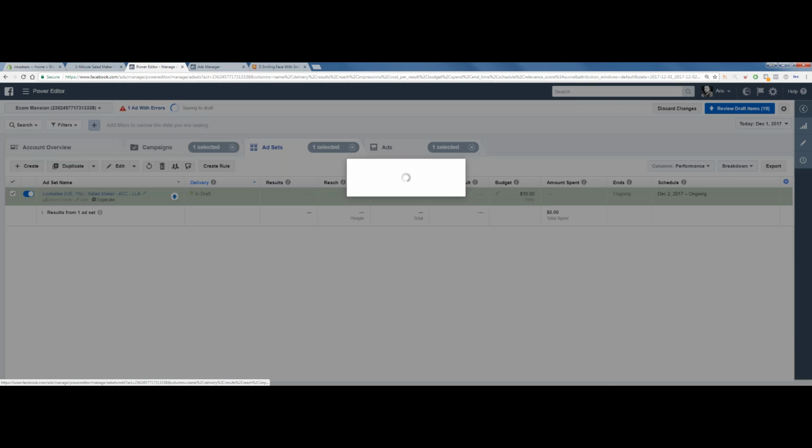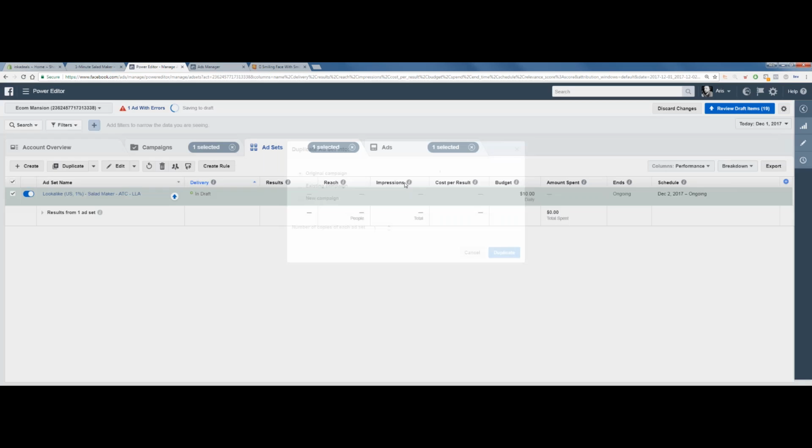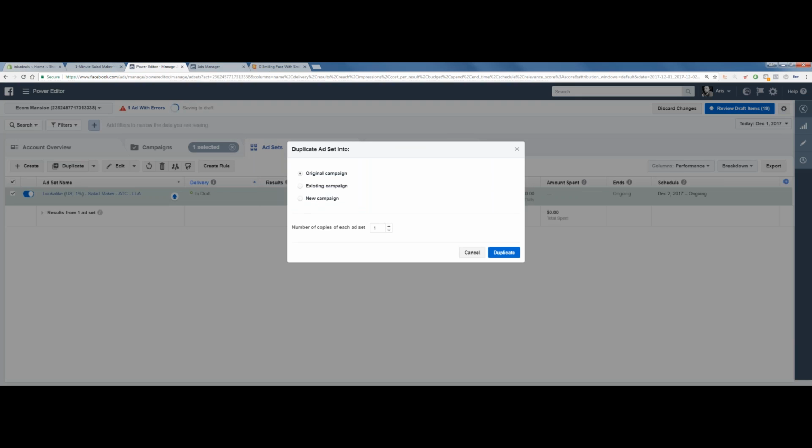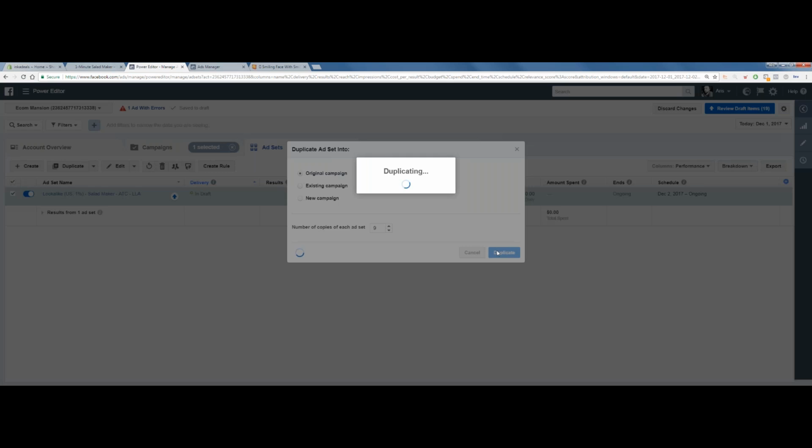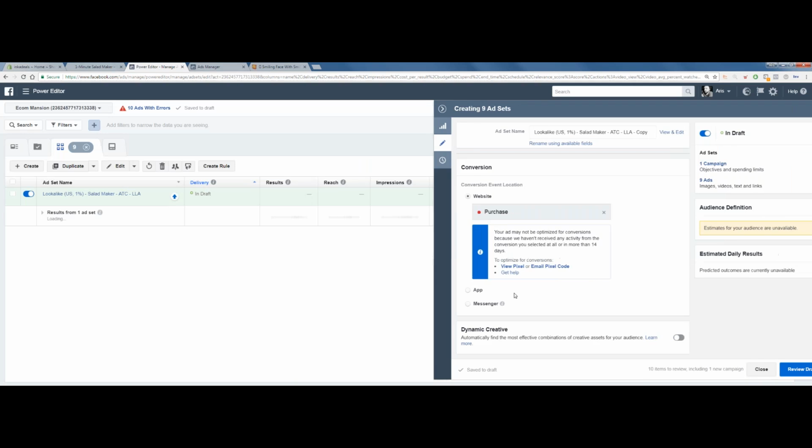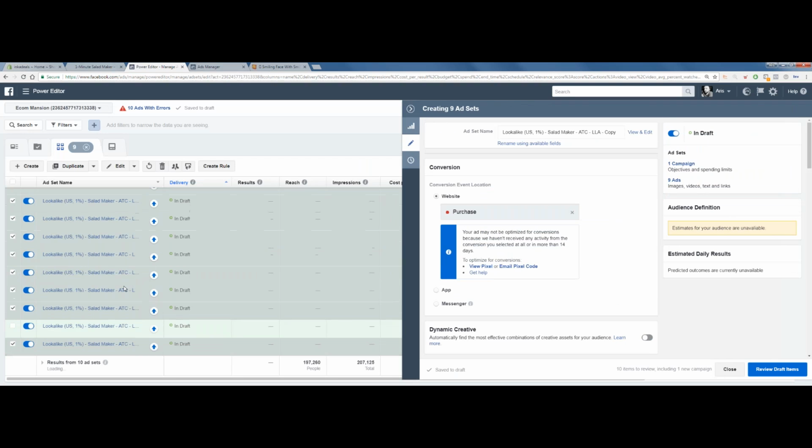And we are going to duplicate this bad boy 9 times, for a total of 10. We're going to duplicate it just to make our lives easier. We already set up everything that needs to be set up in the ad set. So all we need to do right now is just unclick one at a time.